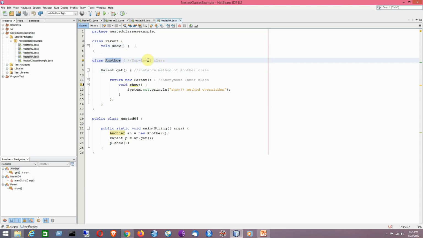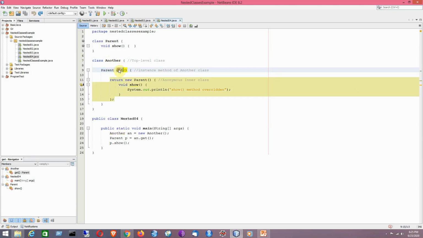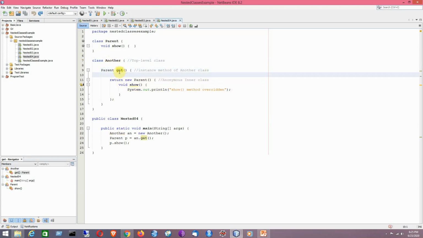Within the class Another, I have created a method which is an instance method that will return an object of the Parent class. So Parent get, remember it. Now how can you create an object? By using return new Parent.